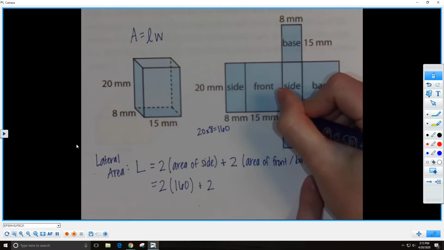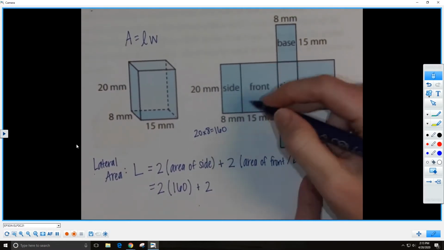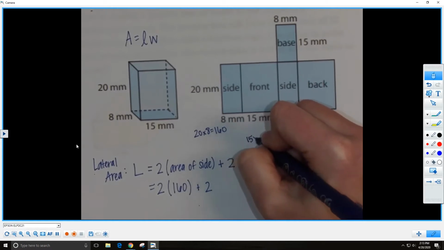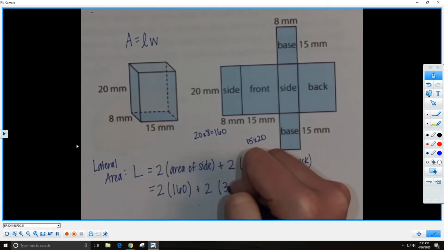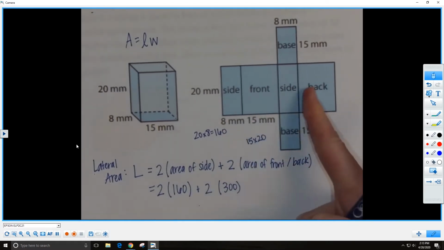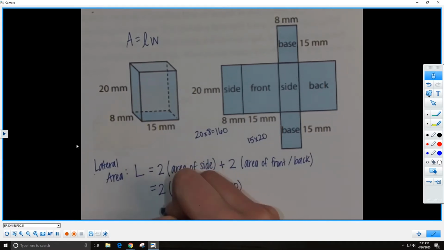Right, so one is 15 by 20. So if we multiply 15 times 20 to find the area of one of those, we get 300. And the front and the back are equal to one another, so we're going to multiply by 2. So now